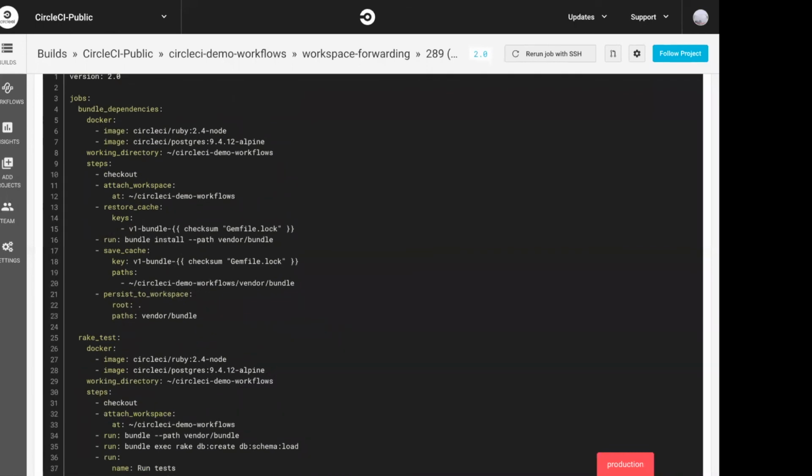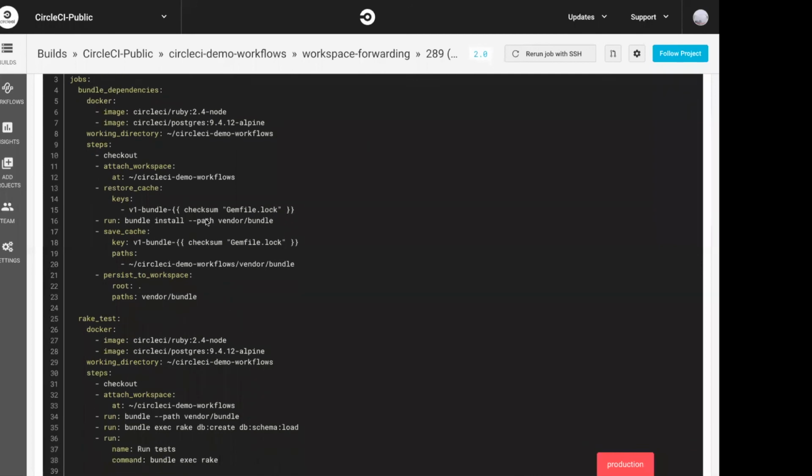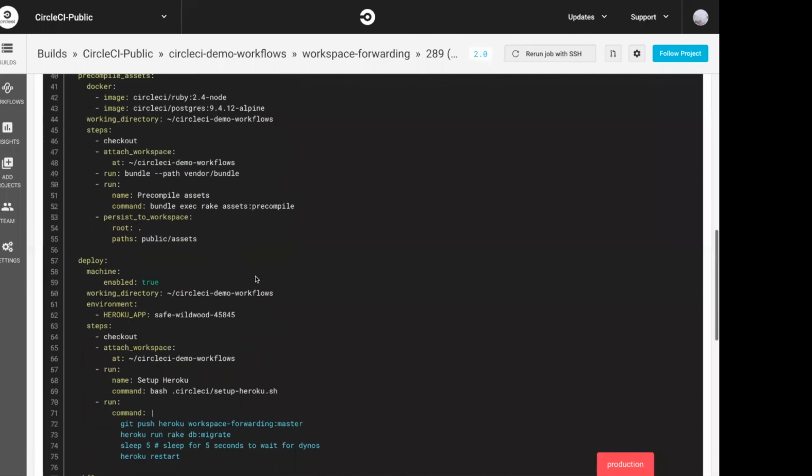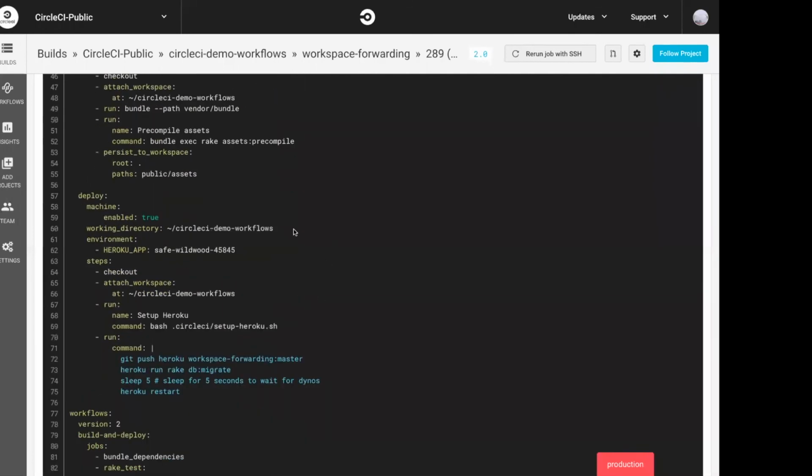Okay, never mind. What I thought was happening was that the entire source repository was being persisted to the workspace, but that's actually not happening here. As you can see, there actually is a checkout step in every job. But this is an example of how modular and configurable